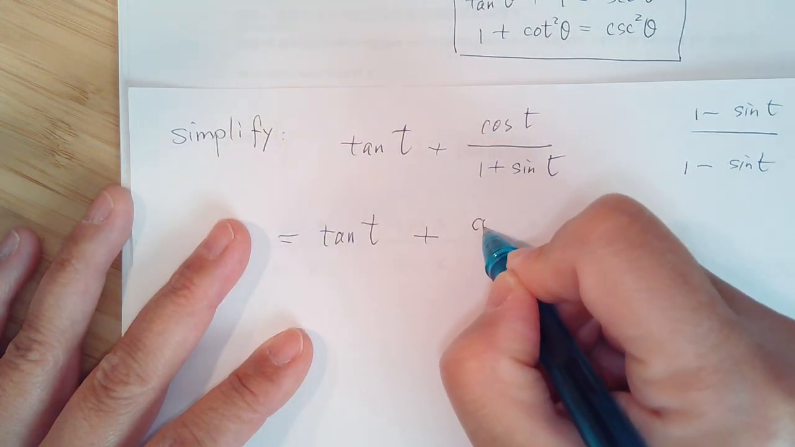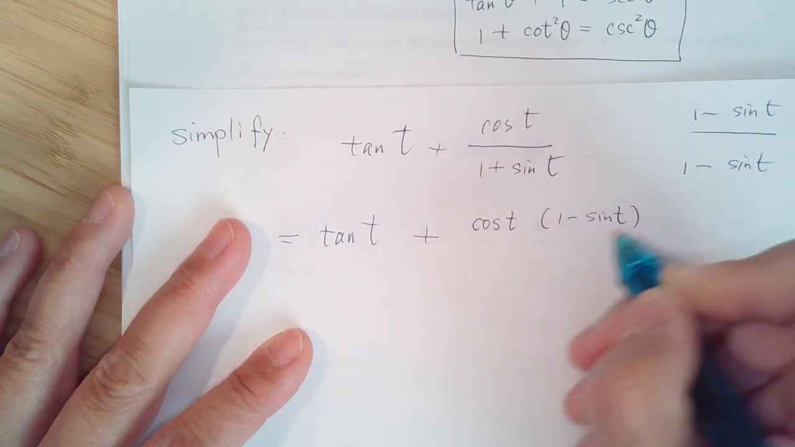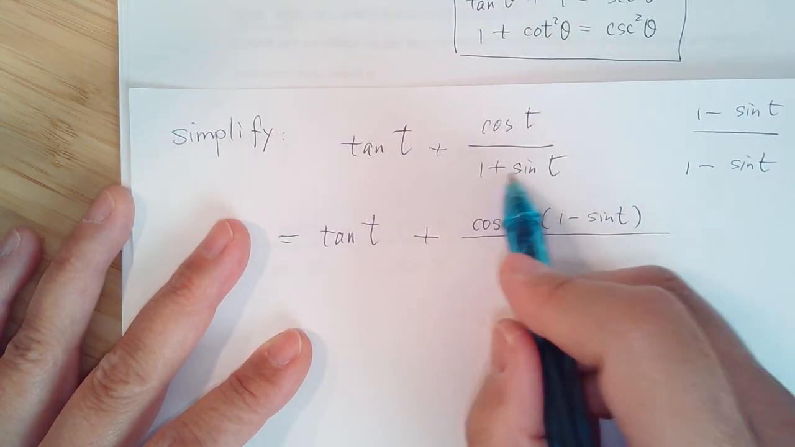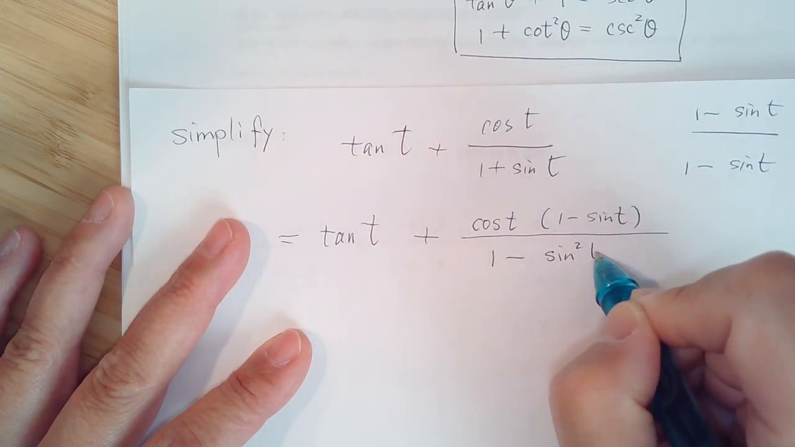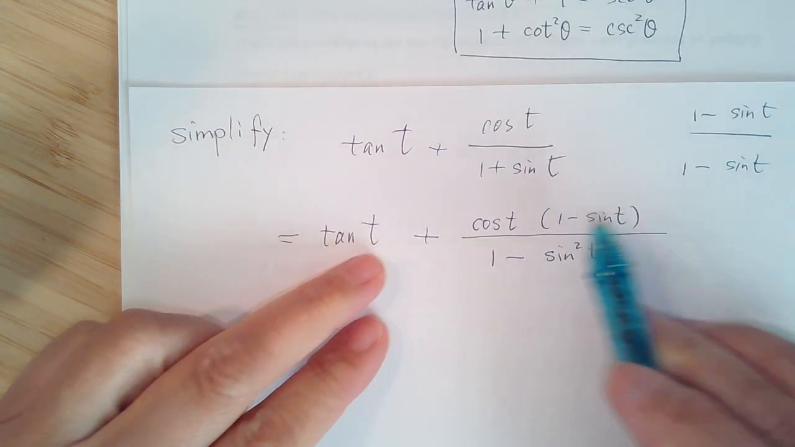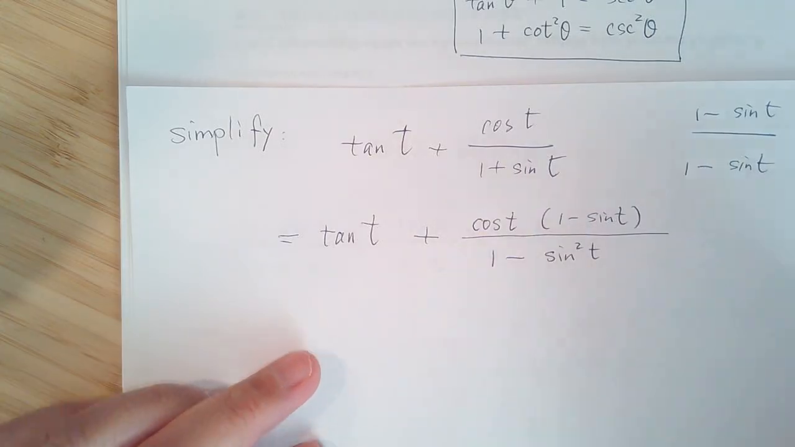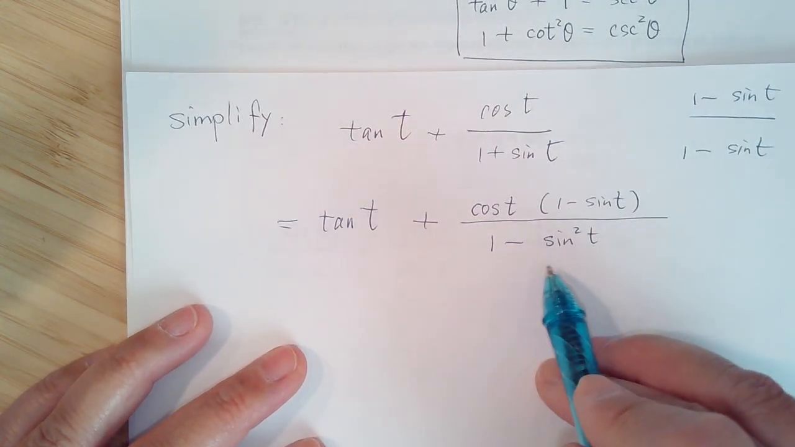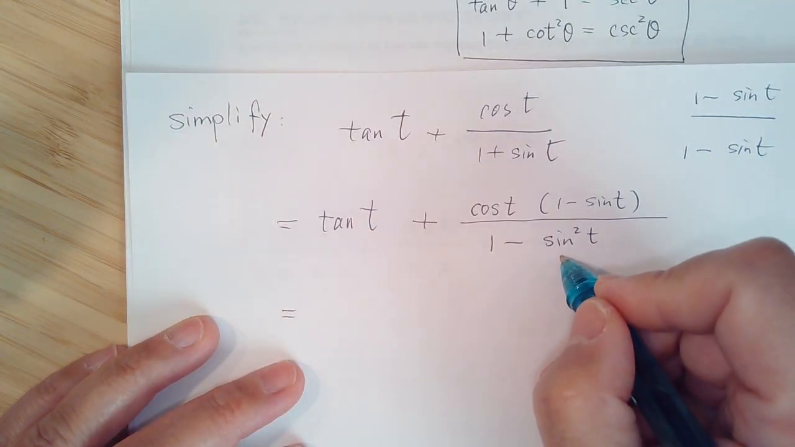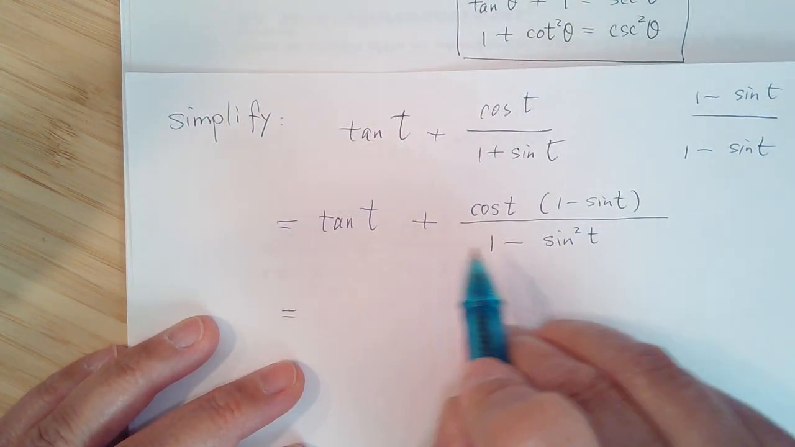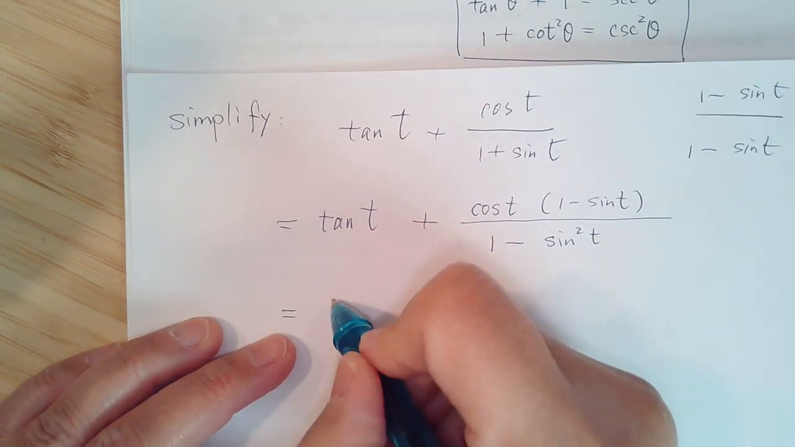Then on the top, I get cosine t times 1 minus sine t. And in the denominator, 1 plus sine t times 1 minus sine t gives 1 minus sine squared t. You can either use a plus b times a minus b equals a squared minus b squared, or you can use FOIL. You should get the same thing. But the good thing is we have 1 minus sine squared t, and that is cosine squared. Now, we have a tangent, and I prefer to change everything to sine and cosine. So this is sine t